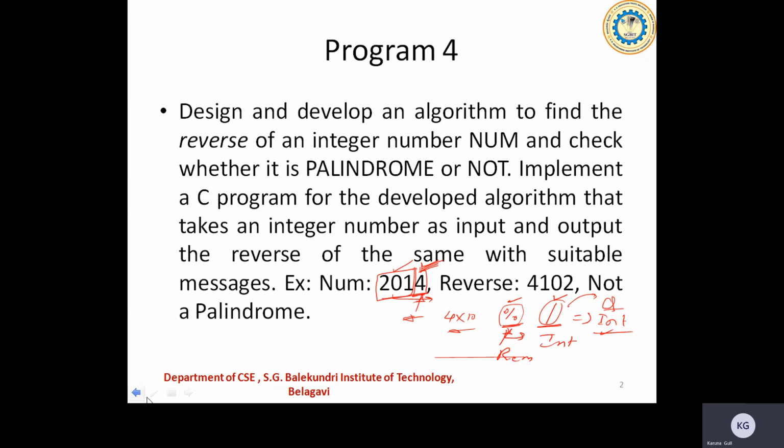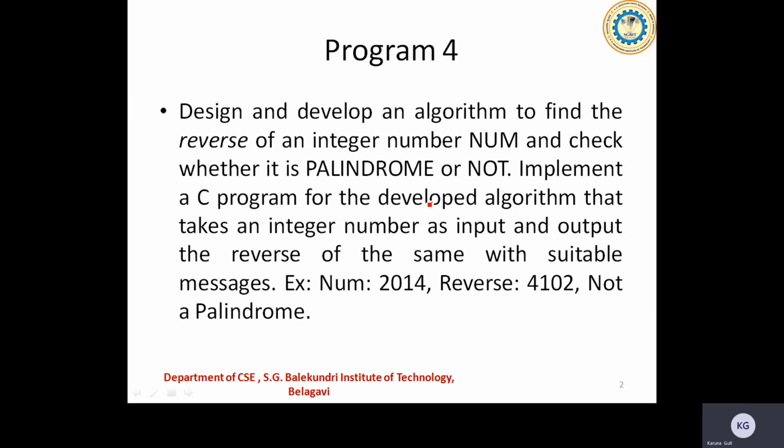Now I'll be repeating this until the whole number is done. I'll take up all the digits of this given number and proceed until I get the number as 0. When the quotient becomes 0, then I'll come out of the loop. This is what we follow in finding the reverse of a given number. Afterwards, the reverse number will be cross verified with the given number. So this is the basis behind this.